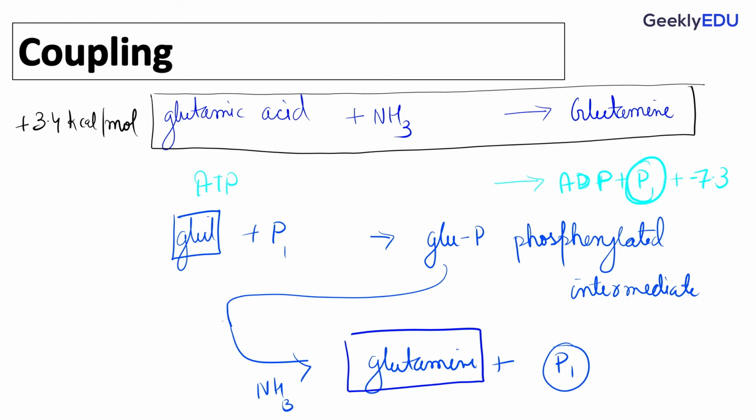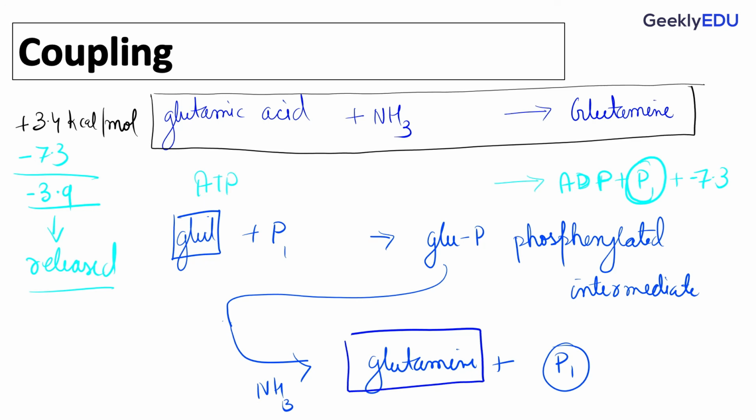But where is the remaining? So you wanted 3.4, you were given 7.3. If you do the maths, you have a total of minus 3.9. This is the energy that is going to be released. Any reaction will continue to take place as long as there is a net reduction in the energy of the system. So this 3.9 is given out, and now the net energy content of the system is less because the 3.9 has been released. This is how you use coupling to drive one reaction that requires energy using another that gives off energy. In this case, that was the hydrolysis of ATP.